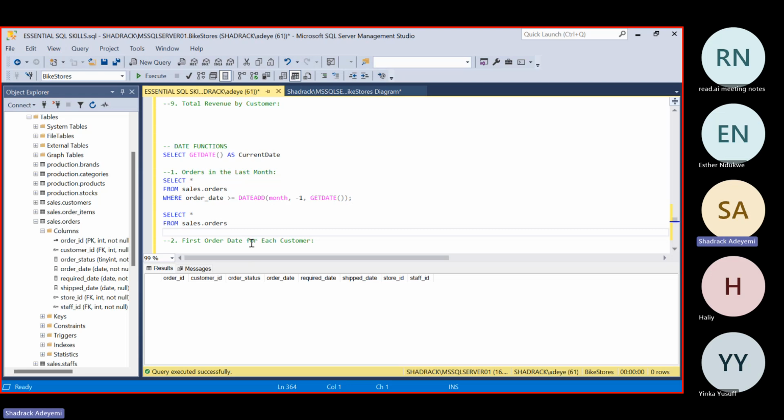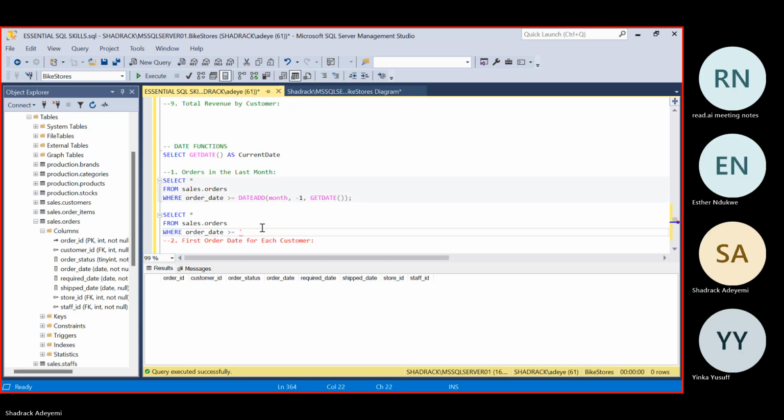So this time I'll just say where the order date. Because now I know that the database is not very recent, I'm going to specify 2018, or maybe June of 2018.